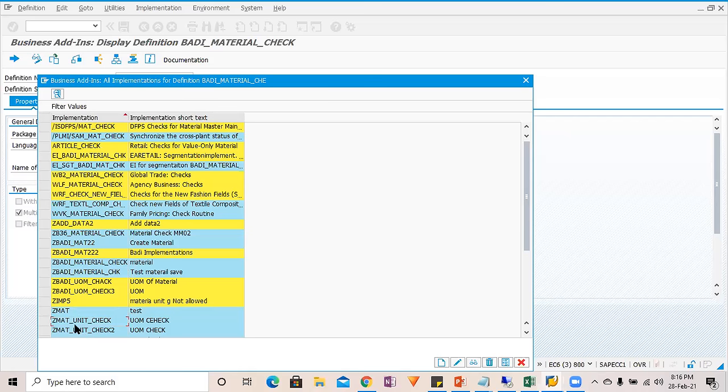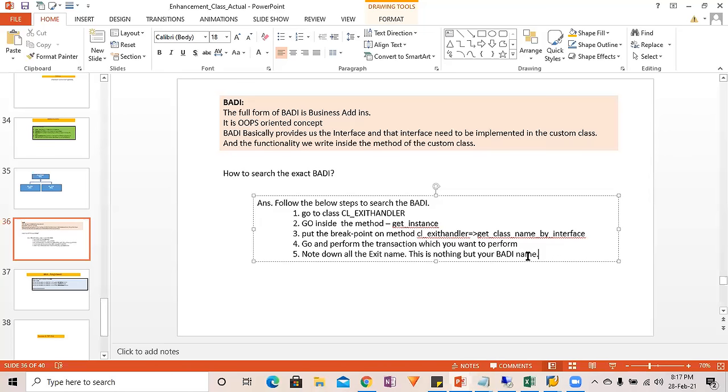That means those will not be called. If you want to get it called, you will have to activate the implementation. I will show you how to activate the implementation. It's very easy to activate. So from here itself you can identify, right? Yellow means the implementation is active, and the other color, the blue color means,